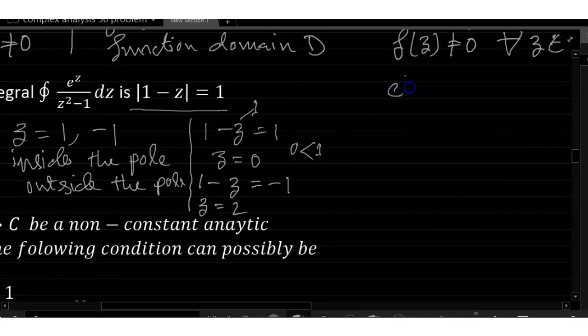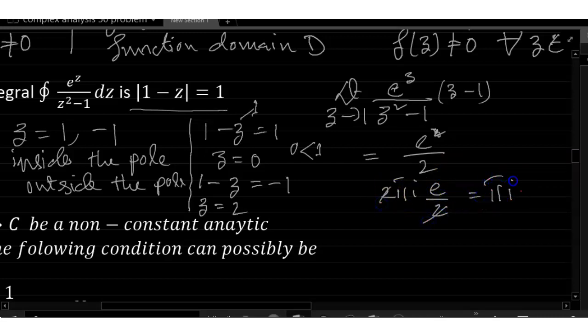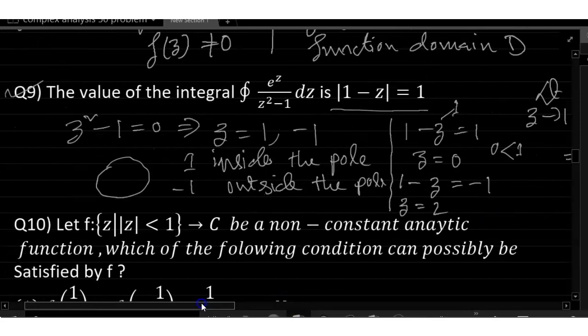So the limit of e to the power z divided by z plus 1, as z tends to 1, equals e divided by 2. This is my answer. So 2 pi i into e divided by 2 equals pi i e. Okay, next